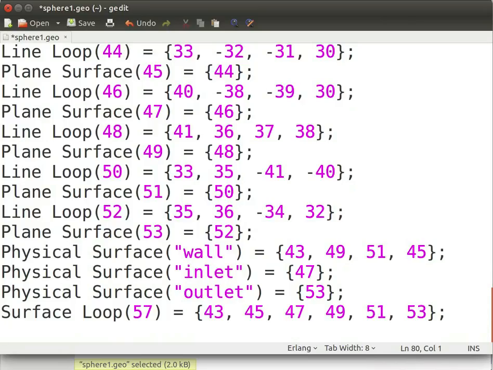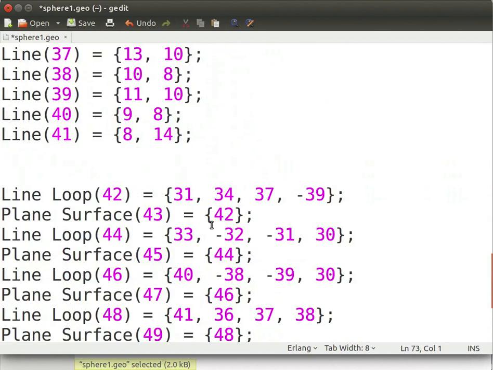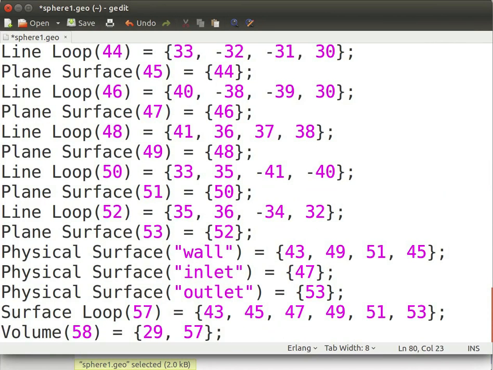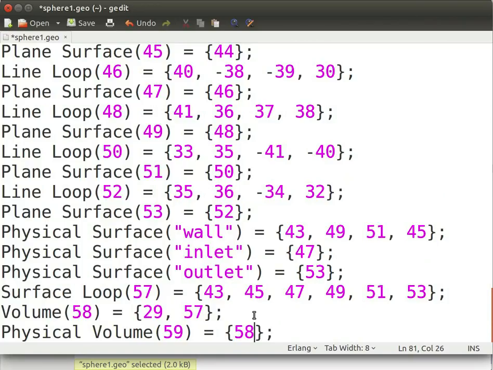For definition of volume, use volume ID, which is the next integer in round brackets, equals the IDs of these two surfaces in braces, which is 29 and 57. For physical volume, use physical volume ID, which is the next integer in round brackets, equals the ID of the volume in braces, which is 58. Save this file and close it.